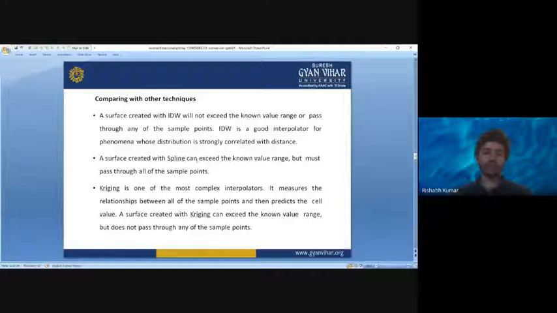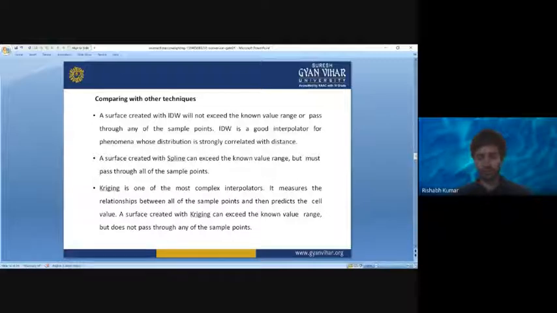How your IDW method is different from the other interpolation methods. A surface created with IDW will not exceed the known value range or pass through any of the sample points. IDW is a good interpolator for phenomena whose distribution is strongly correlated with distance, right? So the value that you will get using the IDW method will not exceed